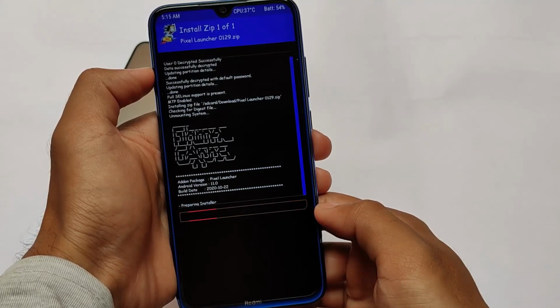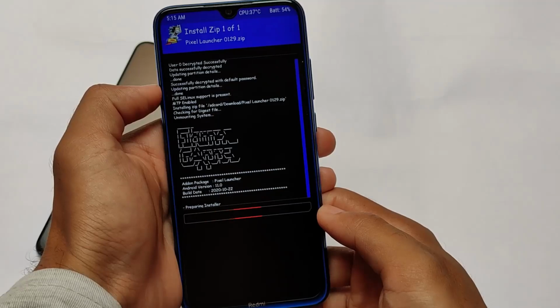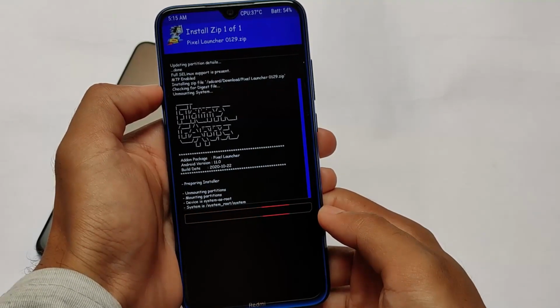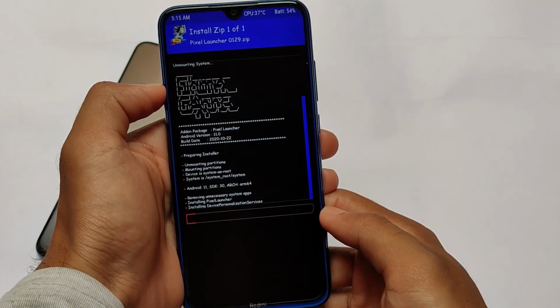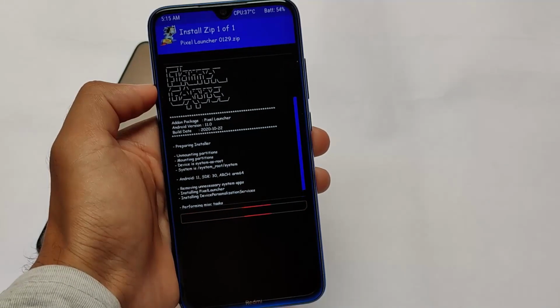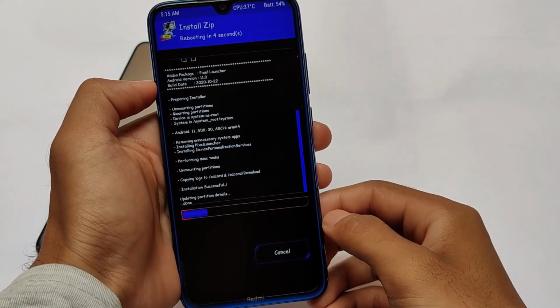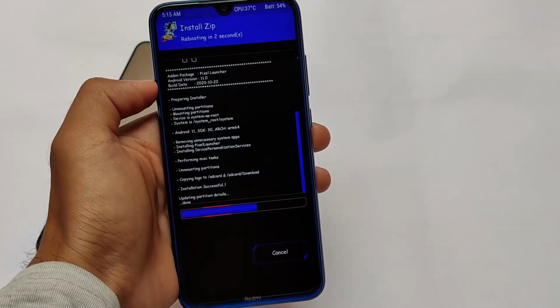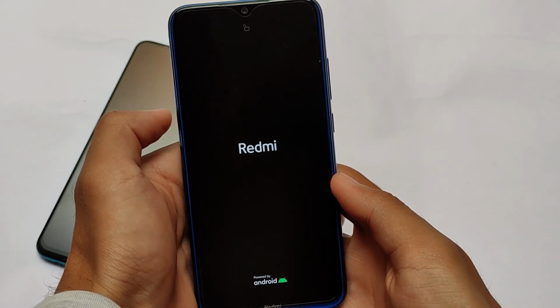This will automatically flash Pixel launcher on your device, and as you can see, this is actually extracted Pixel launcher from FlameGApps. FlameGApps is a very good Google Apps package for you. If you use a custom ROM and you use Google Apps, FlameGApps is a very good choice for you. But if you want Pixel launcher, only Pixel launcher, then this is a very good choice. And I tried it on my other devices also, maybe some other custom ROMs also. It was working quite good, so I thought I should share it with you.